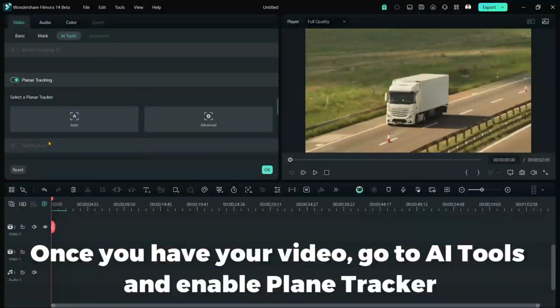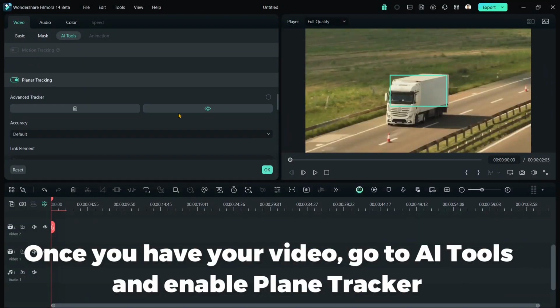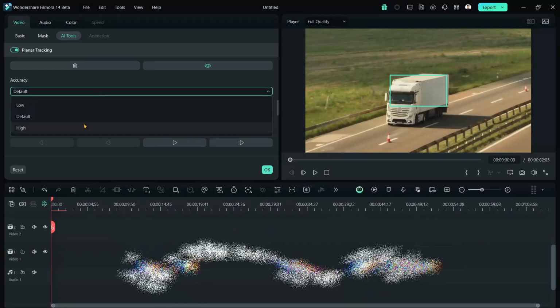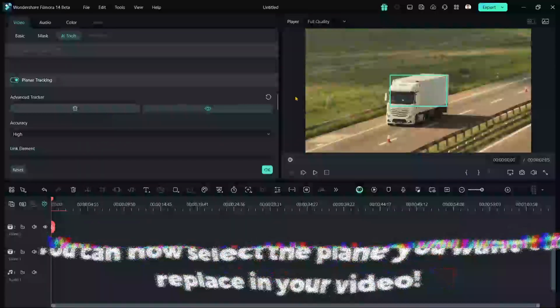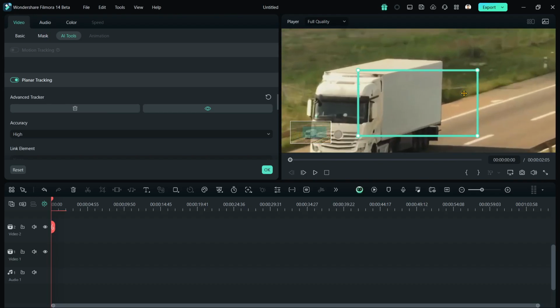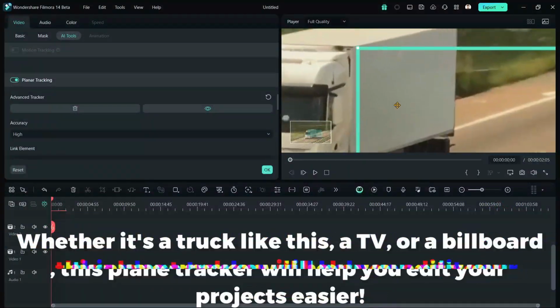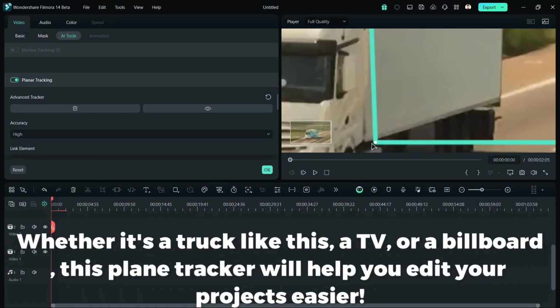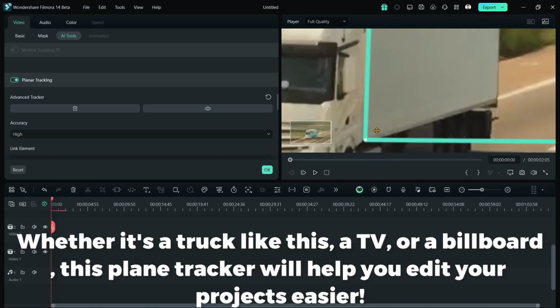First is plane tracking. Once you have your video, go to AI Tools and enable Plane Tracker. Select Advanced, set the accuracy to high. You can now select the plane you want to replace in your video. Whether it's a truck like this, a TV, or a billboard, this plane tracker will help you edit your projects